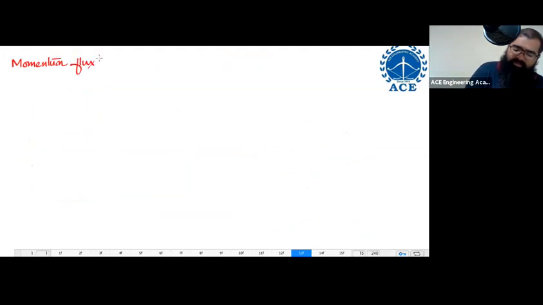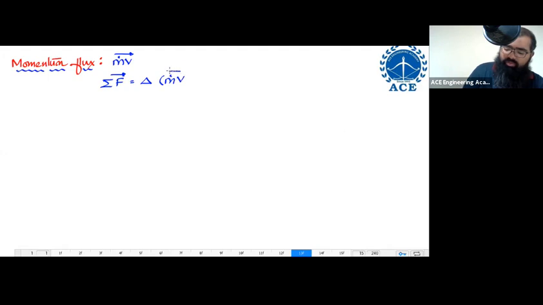Momentum flux is represented by m dot into v. The net force acting has to be equal to the change in m dot into v vector. Net force is equal to the change in m dot into v vector. This implies,